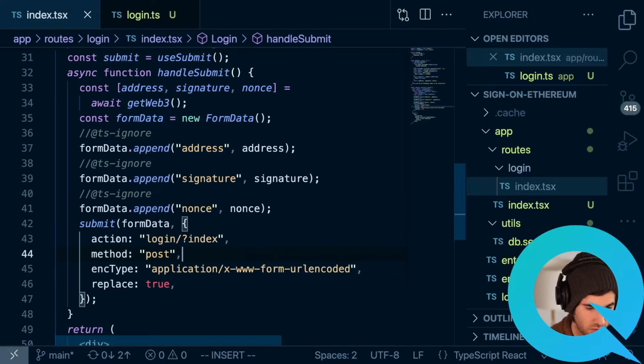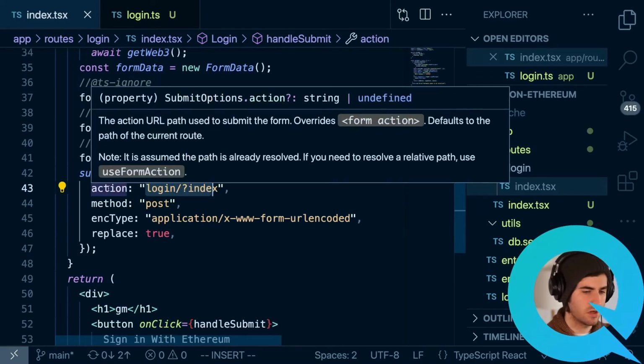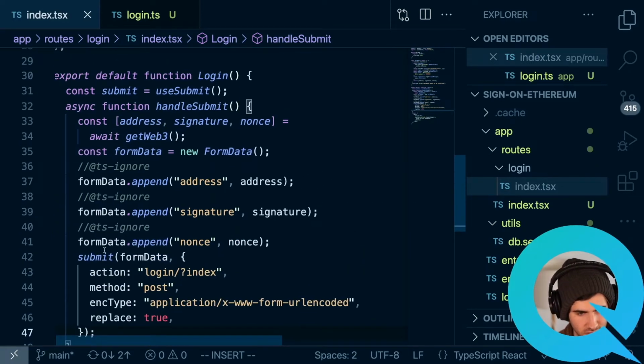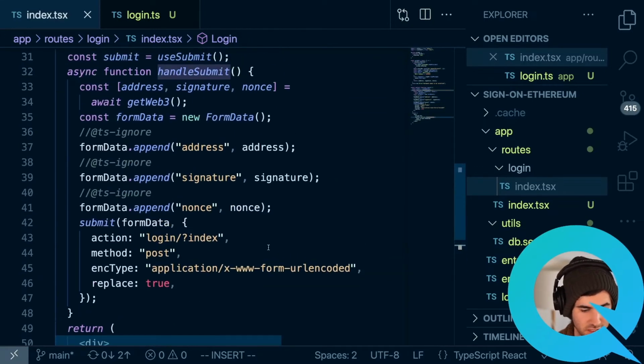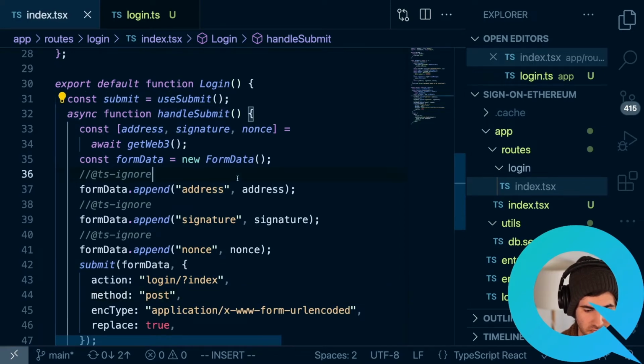And so to get that done, we can go ahead and grab this little snippet of code, and you can see that it's going to be using this action. And actions are how Remix lets you submit forms via these action functions. And so you'll see here in a minute when we wire this up that it's going to use the action from the index.tsx. And it's going to be a post request, and this is going to be the encoding type, and we're going to replace any existing fields. But all of this should be fine. And then we'll make sure that we're handling the submit. That's good. And so that's everything we need for this handle submit function.